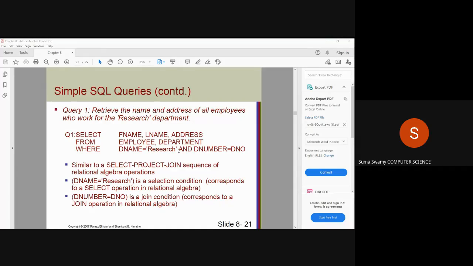Next line, D number. What is the D number related to research? What is the DNO? What is the department number for research? Do you have the data with you for research?